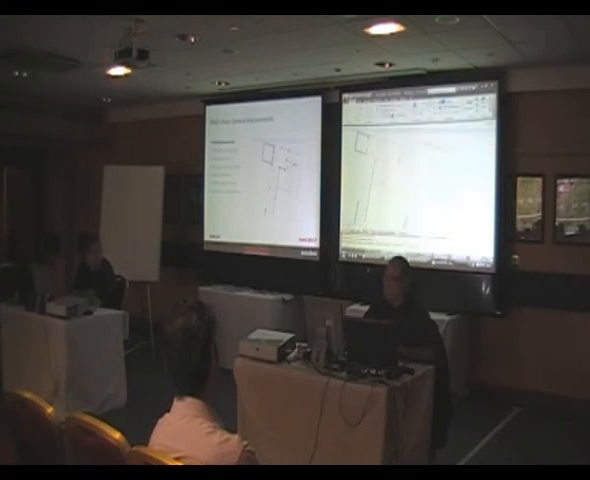The next one is non-associative hatches. Here we have a non-associative hatch. Before, if it became non-associative, you just had to delete it and put it back in again. Now, you can actually, by using these grips, drag it out and I can manoeuvre it